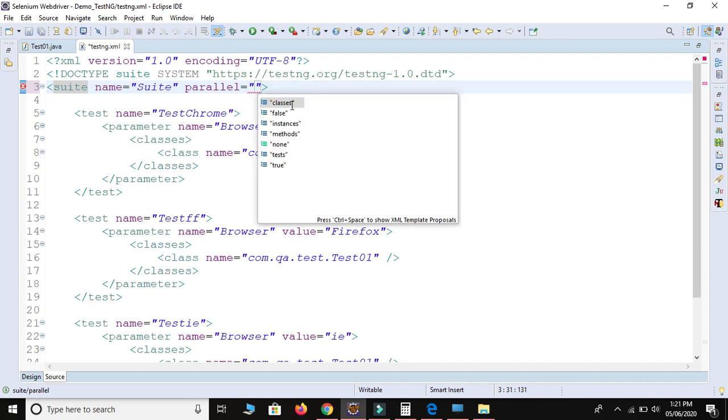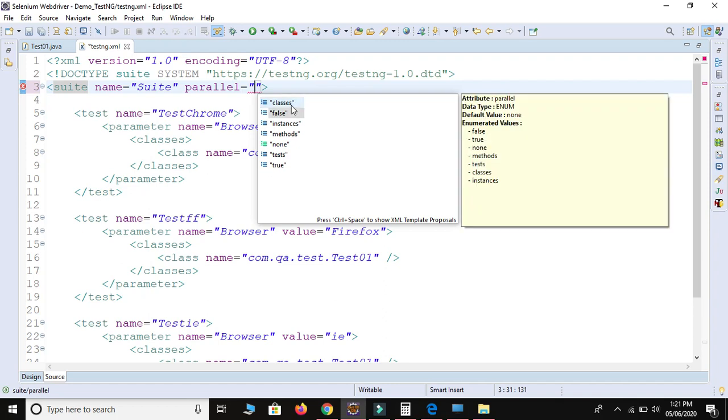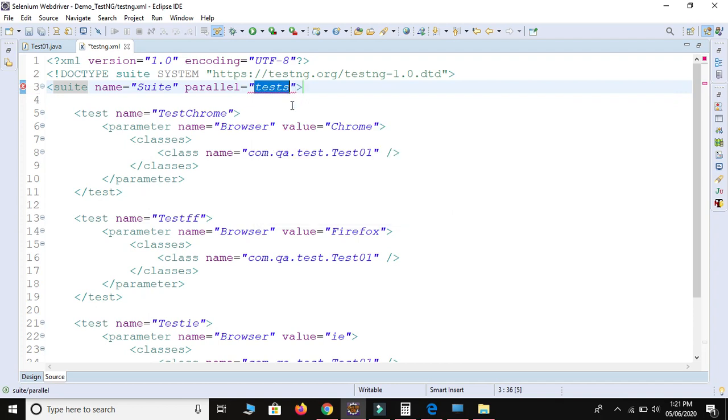We are able to execute our script in parallel based on the classes also. We are able to execute our test script in parallel based on the methods also, and with the test as well. So always use these classes, methods or tests only. It depends on your requirement.